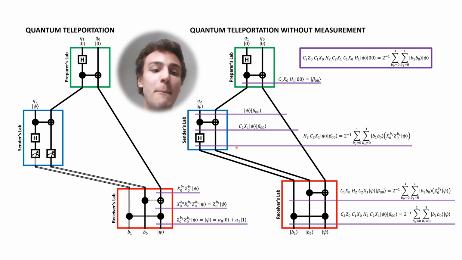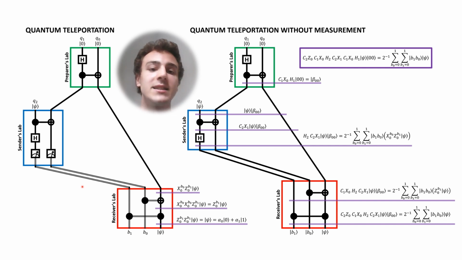So before measurement, in this left blue box, we have exactly the same state in both of the protocols. Then, when we perform that measurement, we collapse the state of qubit 2 and qubit 1. And that's where we get those classical bits. And those classical bits contain the information that is used to perform those corrective bit flips and phase flips in